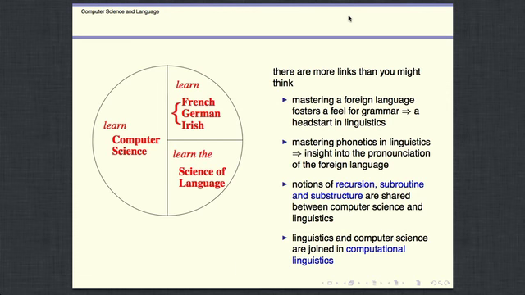Anyway, it's often turned out to be the case that people with some aptitude for linguistics have an aptitude for computer science, and vice versa. People with an aptitude for languages often have an aptitude for linguistics. Okay, and finally, the link between computer science and linguistics is at its strongest in computational linguistics, which is a